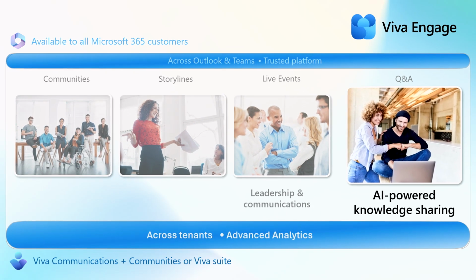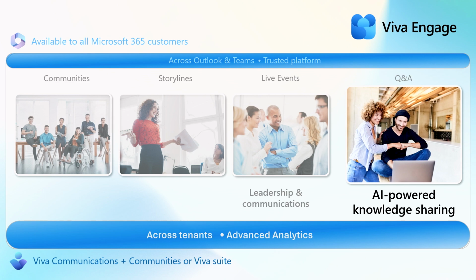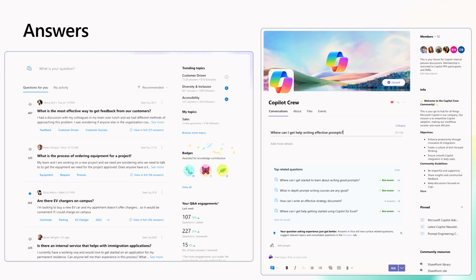Okay, so you can see there's a ton of value in Viva to consider for accelerating leadership and comms. I'm going to dive into knowledge sharing now. So with Answers in Engage, you can help connect employees who have questions with experts who have answers. On the left, the Answers Hub provides a home to discover, answer, and ask questions across the entire network. You can also follow topics here and view the badges that you've earned by helping others. And then targeted feeds and notifications help encourage experts to keep answering relevant questions for others.